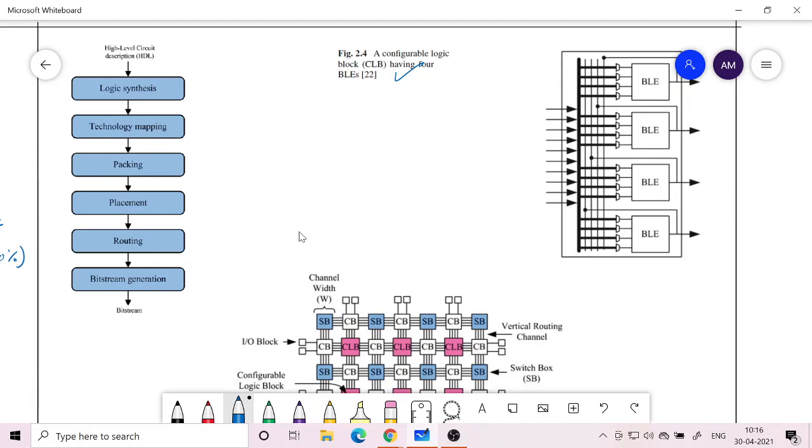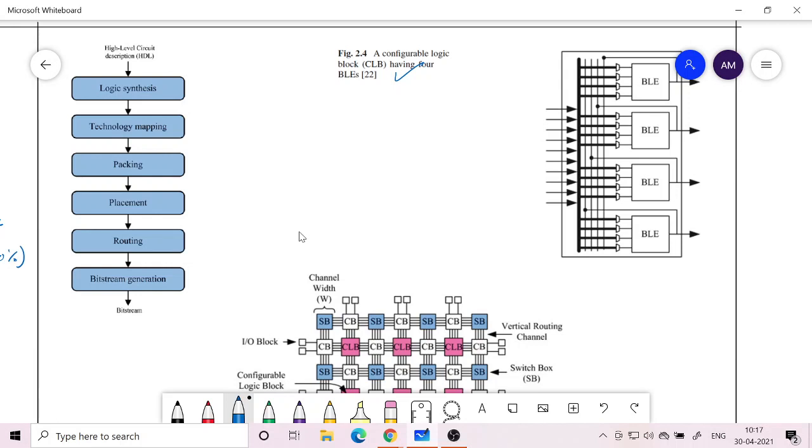So that type of feedback is also there, and a lot of inputs are coming. I told you it's not just 1 or 2 inputs, there are tens of inputs coming. From the CLB there are many outputs, but each BLE has only one output. Where does it come from? It comes from the multiplexer output. Either it could be through the register, or it could be taken directly out of the LUTs. There is only one output for a BLE.